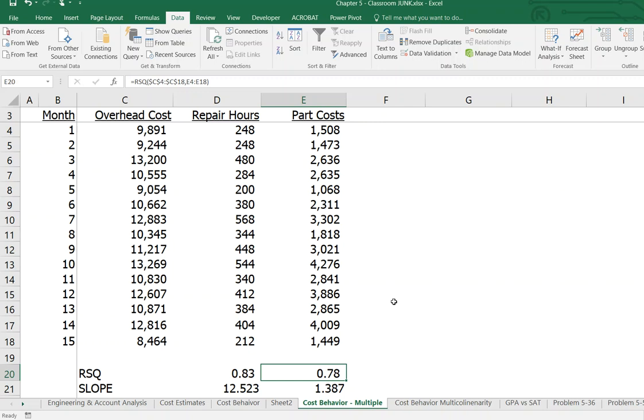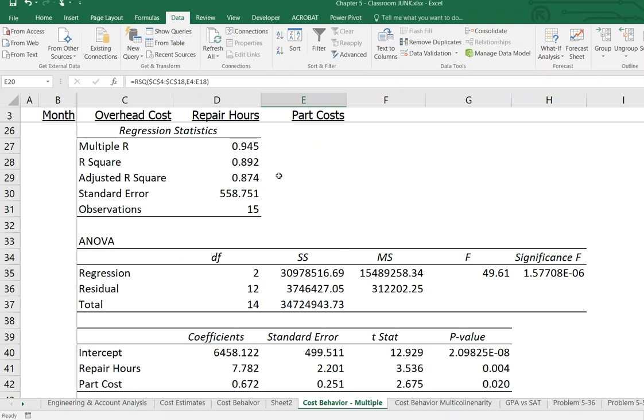Let's take a look at that output and interpret our output. First thing we're going to do is look at our R-squared. Notice we are explaining more of the variability in cost. Instead of only 83% using repair hours, using both part cost and repair hours, we can explain 89% of the